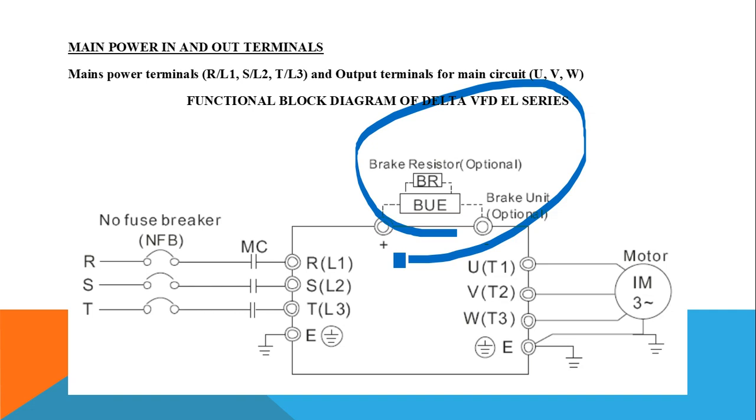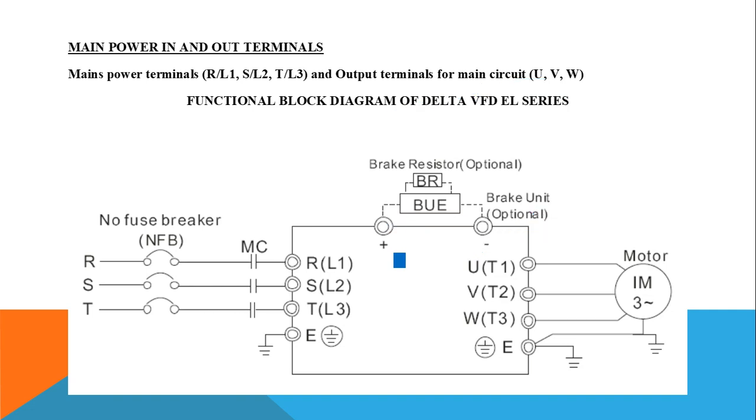So it is acting as a load for the motor. If the motor has to be stopped immediately, it should have proper braking. If the motor is suddenly stopped, it will keep running because of the inertia of the load. Something is done to avoid that condition so that the motor acts as a generator. That generator will be loaded by an external resistance. That is known as the braking resistor, which is in the brake unit. This is purely optional.